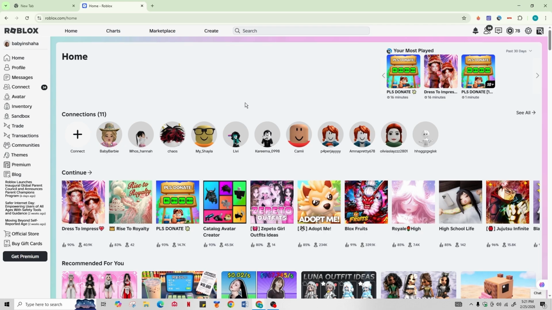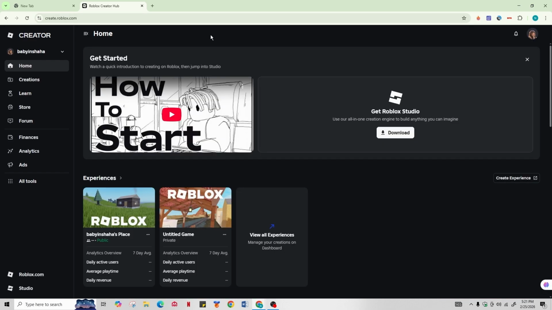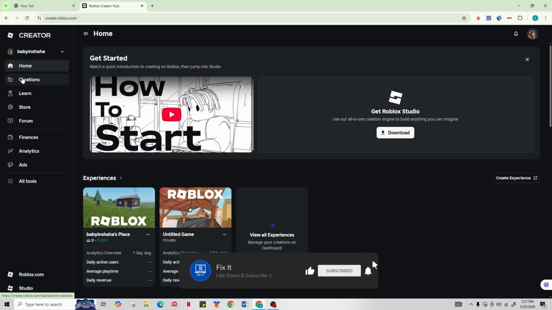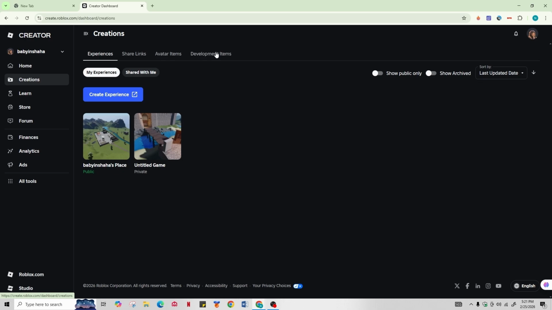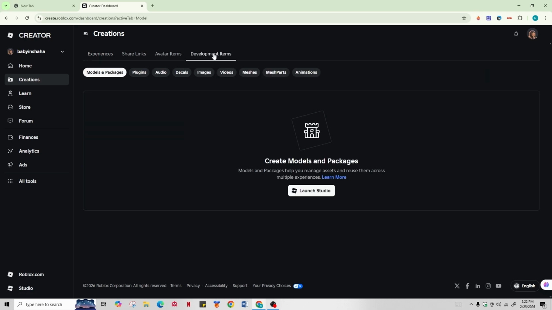To get started, go to the Roblox website and click on Create at the top of the screen. This will take you to the Creator Hub. Now go to Creations, which is on the left-hand side of the screen below the Home option. Now click on Development Items, which is beside Avatar Items, and then find Decals and select it, which is between